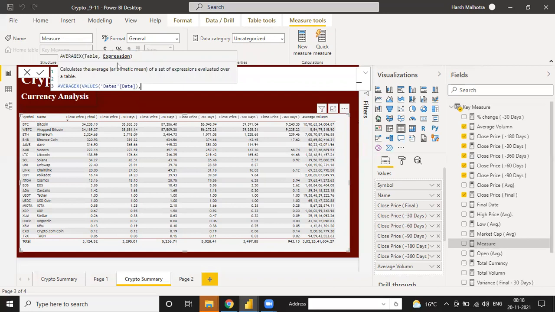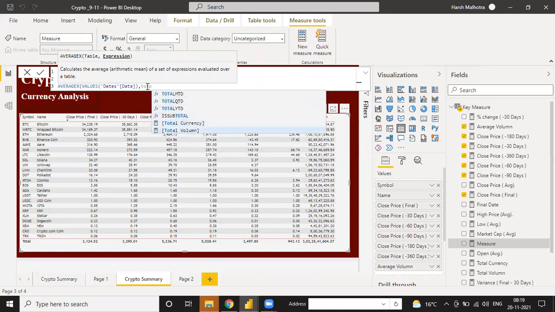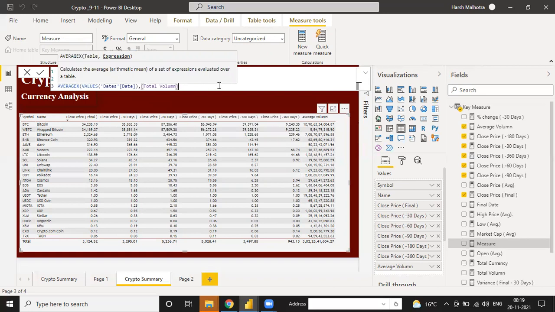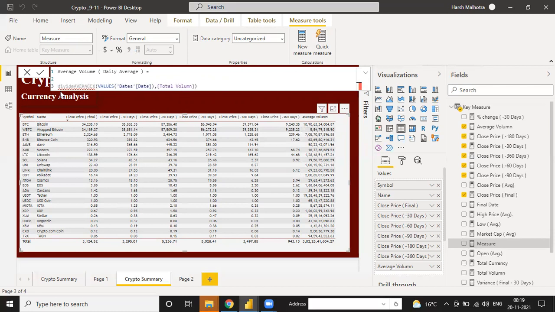For this date table we are going to use the total volume, which we have already calculated. This value will give you the average volume, meaning the total of this. And now I divide this numerator by 10,000 or 1 lakh.